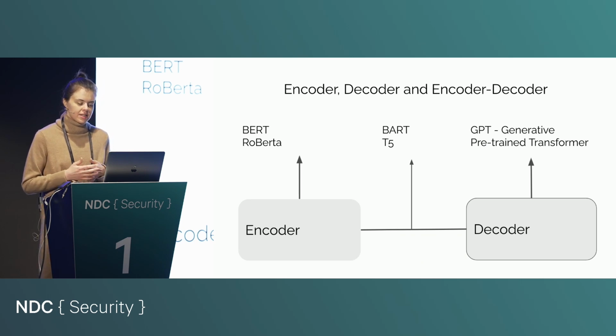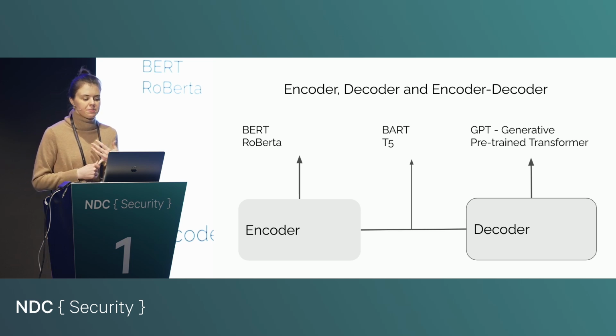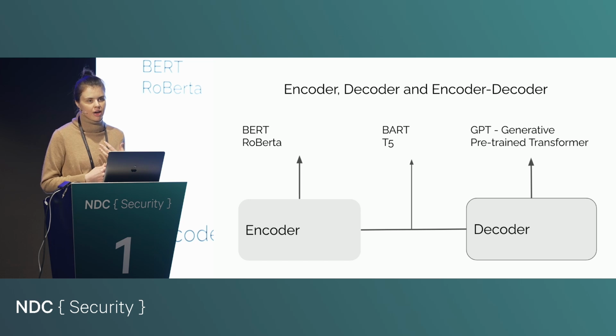So what this led to is that now we have a lot more language models than I could ever fit on this slide. But broadly speaking, they can be divided into 3 different families. So there are encoder-only models. These models only have the first part of the encoder-decoder architecture. So they take a sequence of text, like the sentence, I'm traveling to Oslo, and then they project that into some mathematical space. And this is useful, for example, if you just want to take a piece of text and classify what is the sentiment that's expressed in this text, or what is the topic that is being talked about.